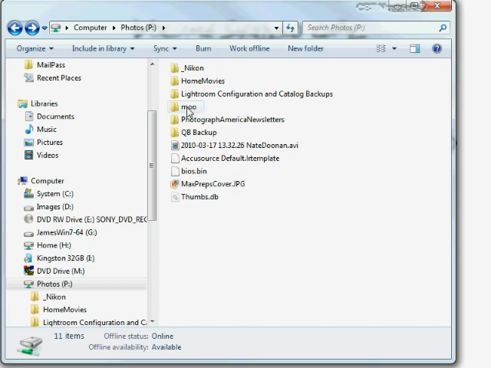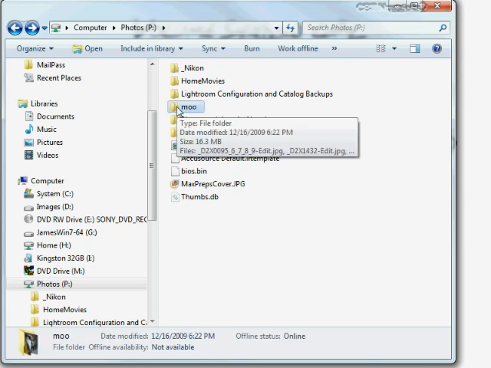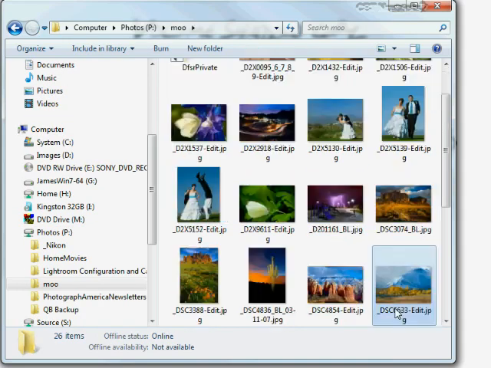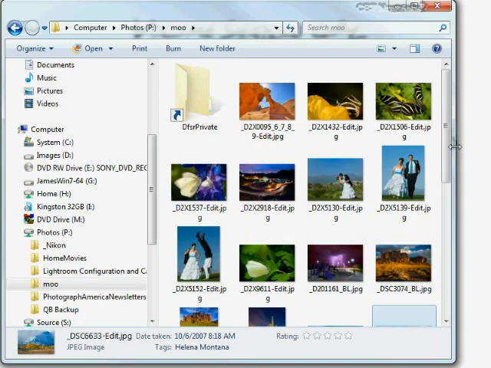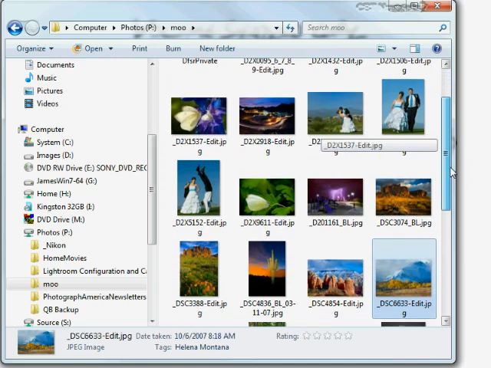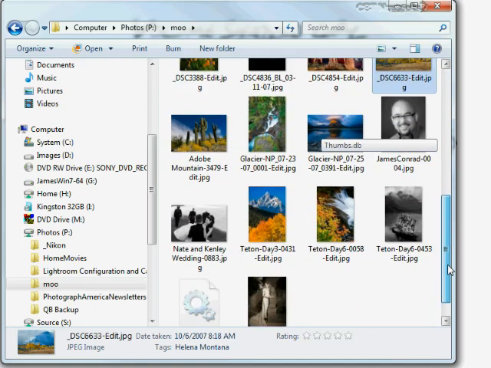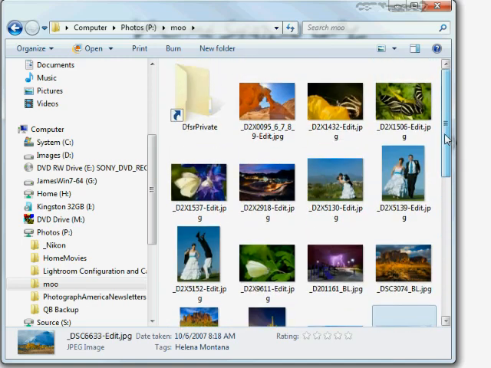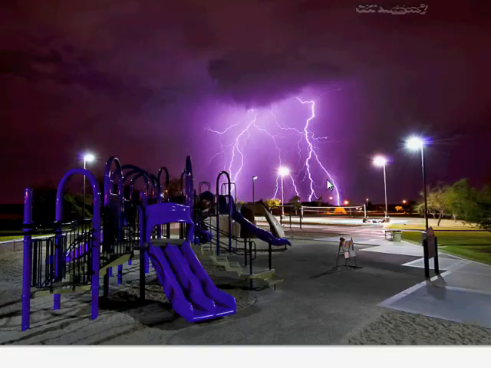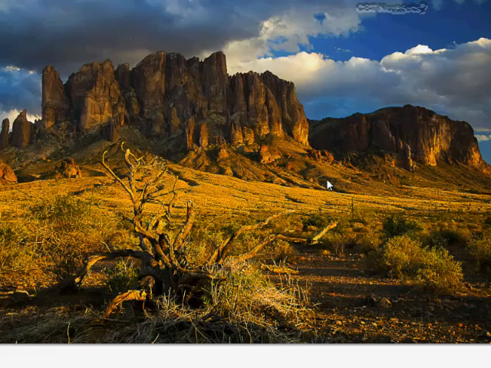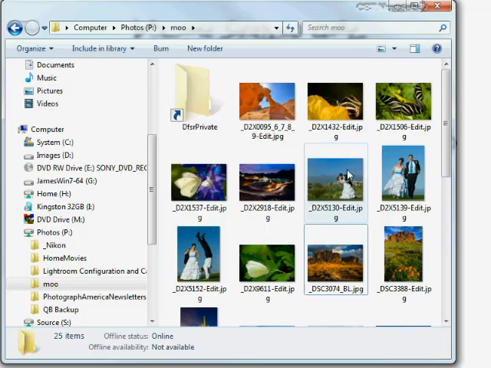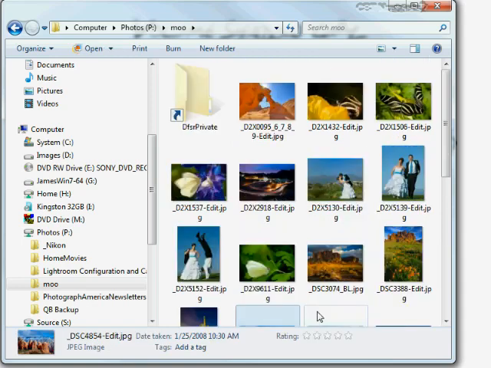Here, if I go back into some photographs, here's a folder called Moo. Now, that relates to a company called Moo.com that I use to create business cards. And on the back of my business cards for photography, it has a lot of different photographs that I've taken, just by way of example. So let's say that I'm working through all of these files, and I accidentally pressed delete. I'm trying to press the arrow key, but I accidentally hit, oops, delete. Now I just deleted that file. Notice that that lightning picture no longer appears in here. Well, how am I going to get that back?